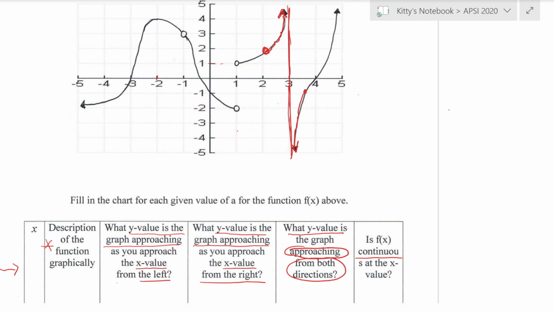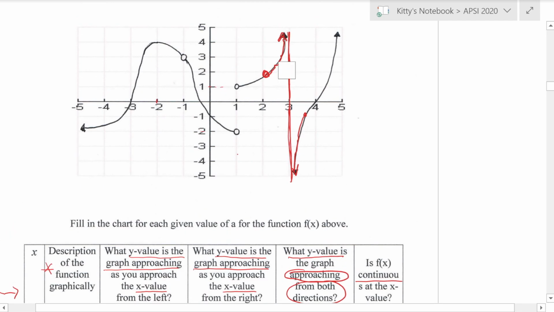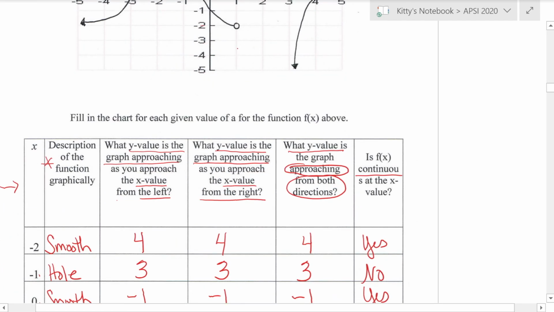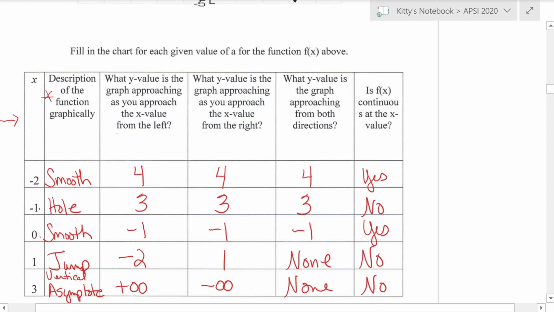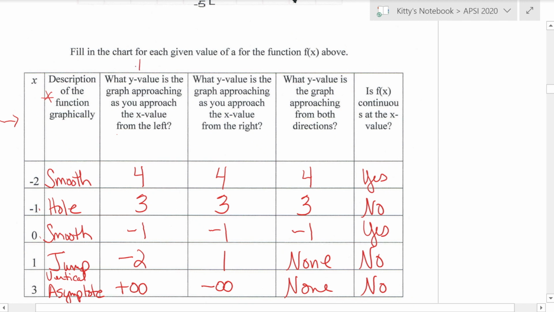So I can answer these questions. I can do this, but now let's put the symbols with the questions. All right, how do you say all of these words in symbols? It's not hard, it's just different, right? So let's talk about this one first. You approach the x value from the left. So if you're trying to find a y value that the graph is approaching, then you're really asking for a limit, like we did yesterday. So I'm going to write limit